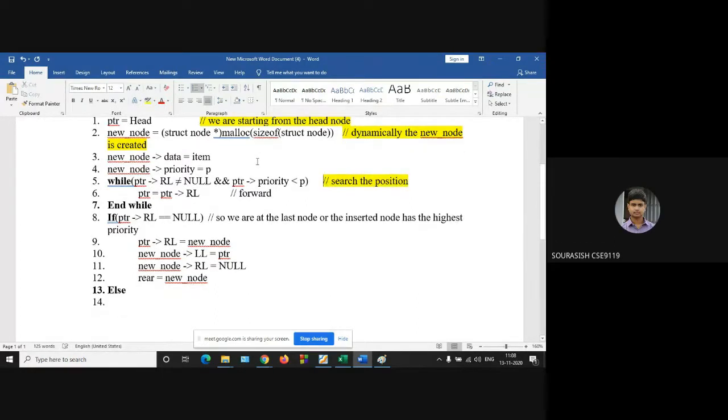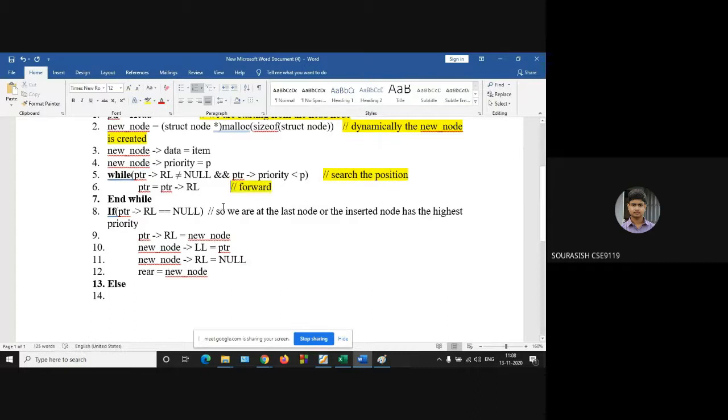After the while loop, PTR will be at that node where the priority is just more than the priority of the node we are inserting. So we will have to implement insert before function, insert before the particular node. Your new node is inserted at the last position.